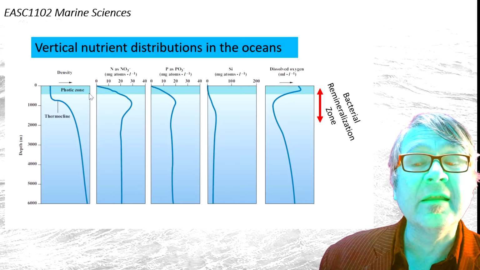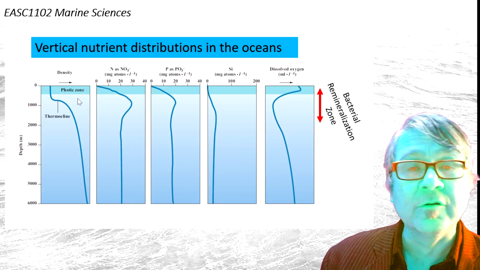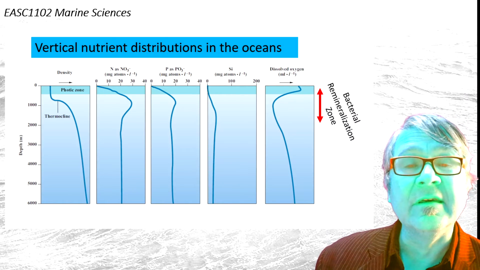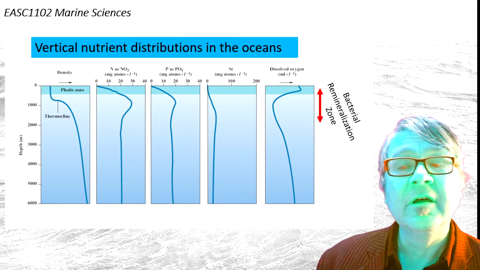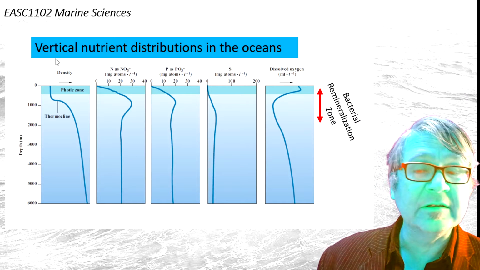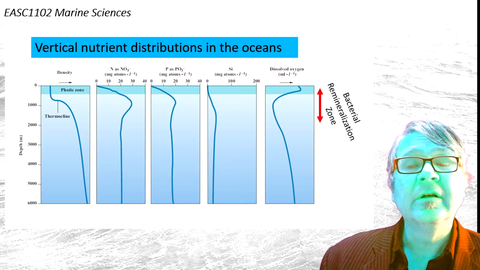Also indicated here is the photic zone. It should be called the euphotic zone, but in some books you see the term photic zone. Euphotic means enough light, photic just means light zone. Anyway, what you can also see now is the second panel, which shows you the vertical